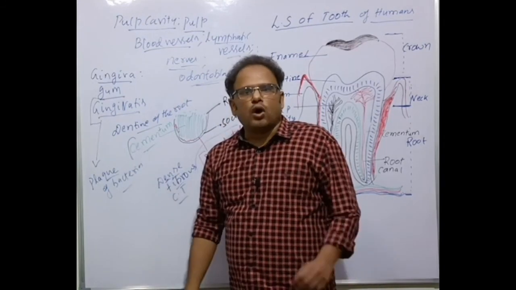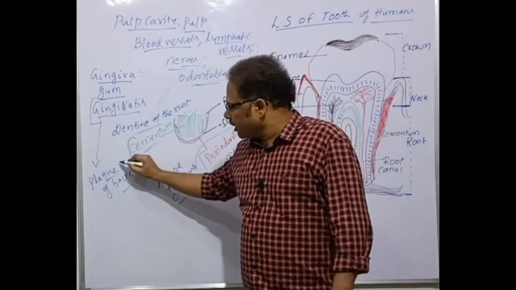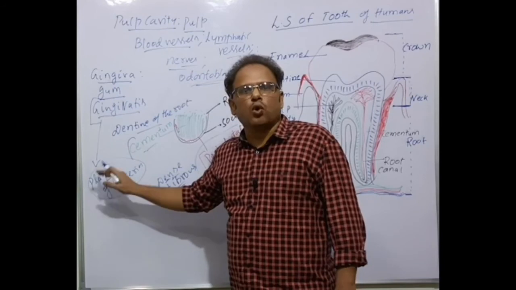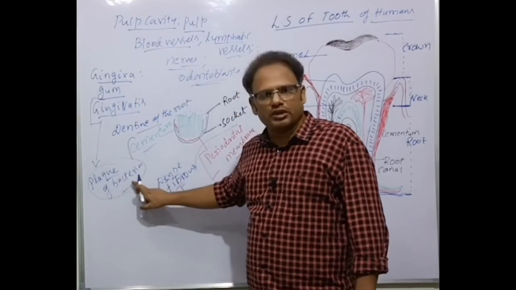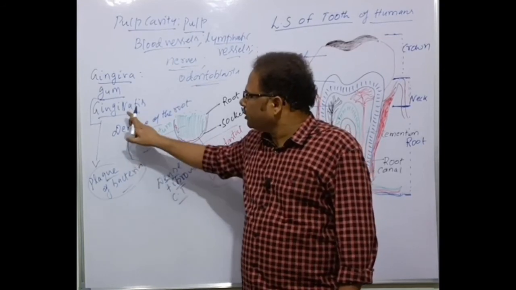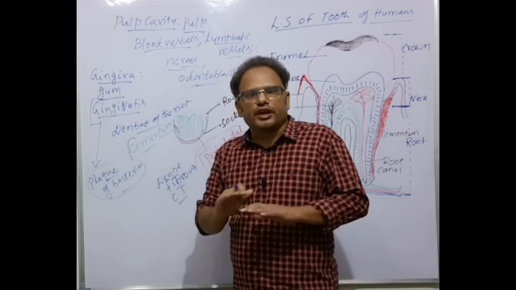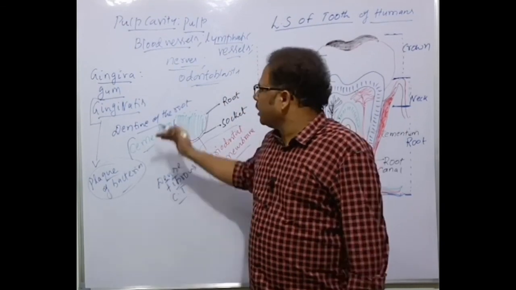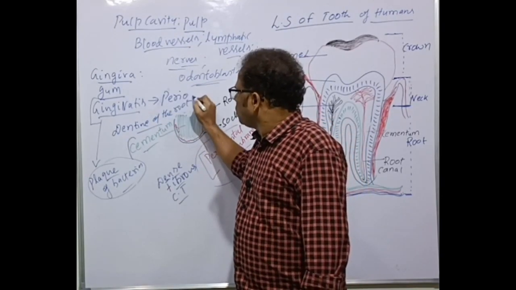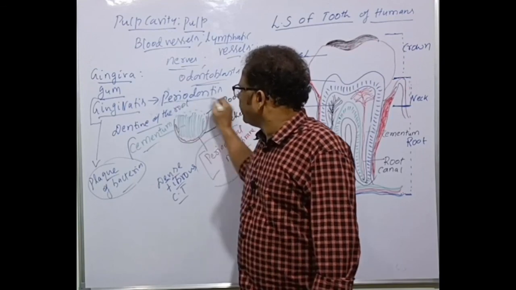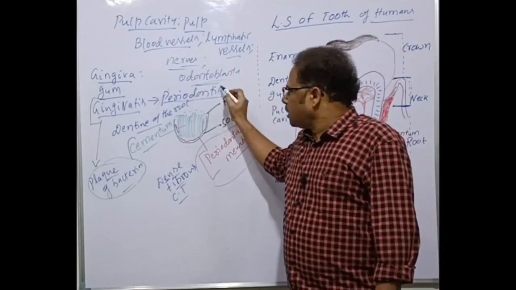If the mouth is not cleaned properly, or if children or some people don't brush their teeth properly, then plaque of bacteria forms, causing dental decay and the gum disease called gingivitis. If gingivitis is not treated, it leads to a dental decay problem called periodontitis. You have to approach the dentist once you get periodontitis.